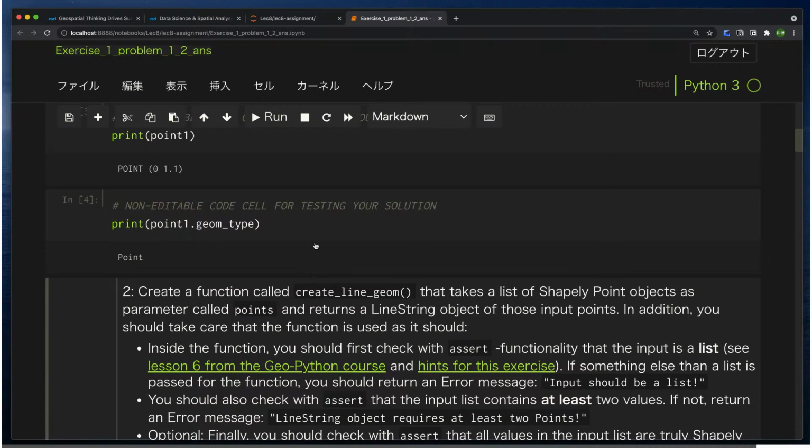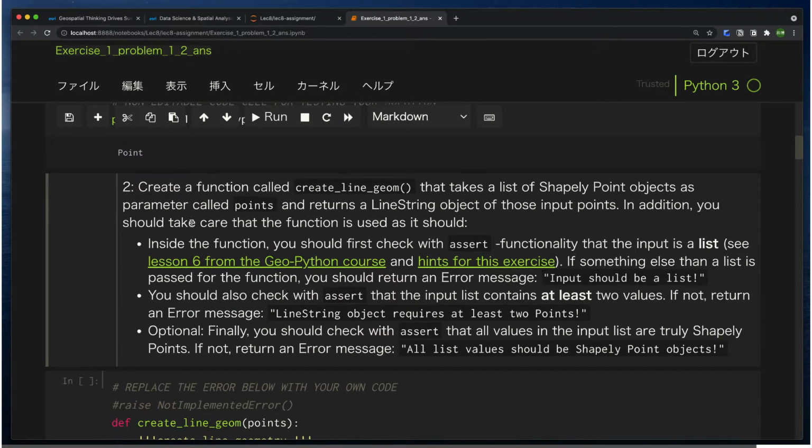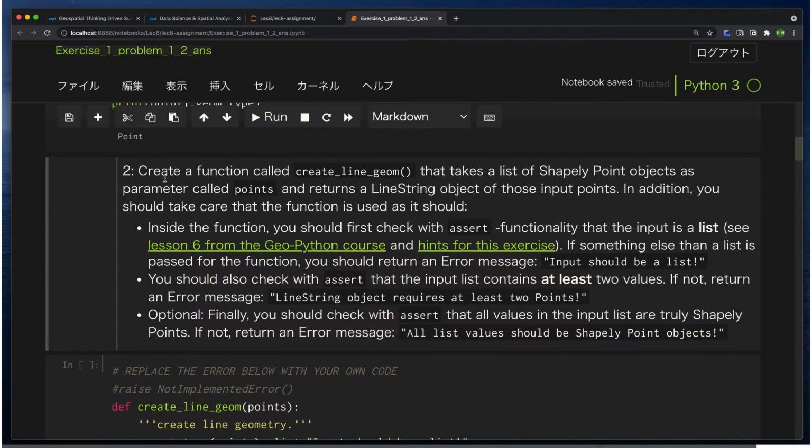By calling the geom_type, we check the type of the geometry object of this point1 variable. Some students fail to run this command. Okay. Next, create a function called create_line_geom that takes a list of shapely point objects